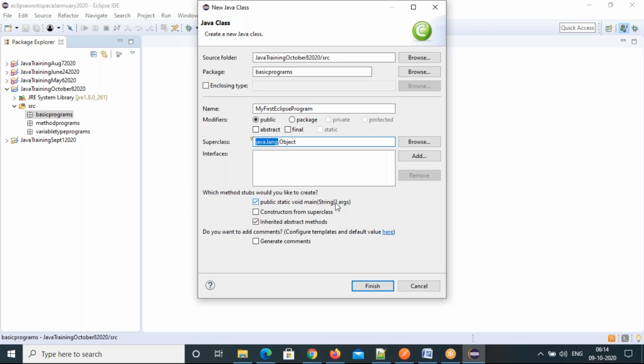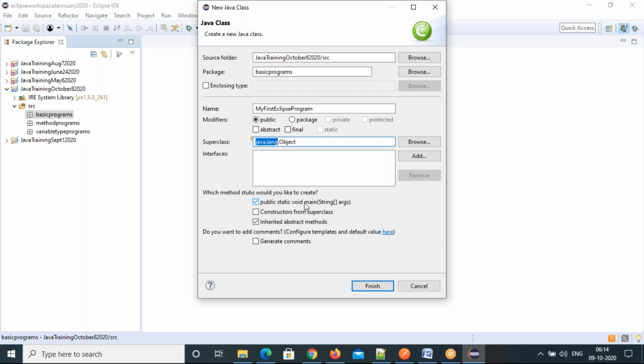This is the predefined method for our execution. If you want to execute any of your statements, we need to take this main method in your class. If you don't have this main method, your program is not going to execute.